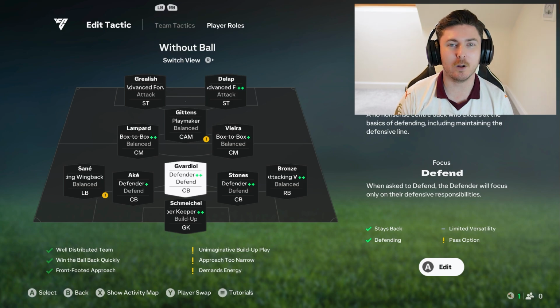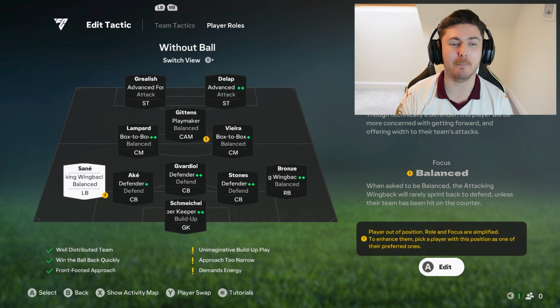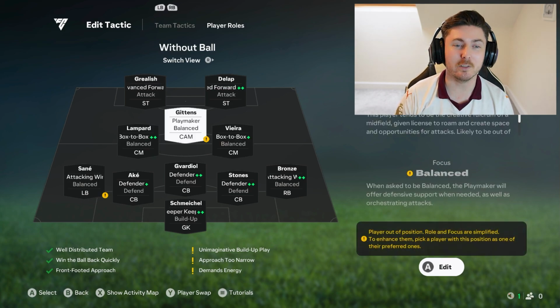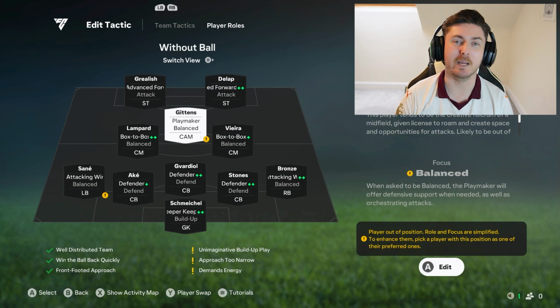Exactly the same roles for the goalkeeper and centre halves, which it will be all the way through the video. Same roles for the wing backs, attacking wing back balanced, box to box on both your central midfielders again. Differences is you've got a CAM here rather than wingers. Both your forwards are going to be on advanced forward attack, and your CAM is going to be on playmaker and balanced. It works really well, really good for countering,